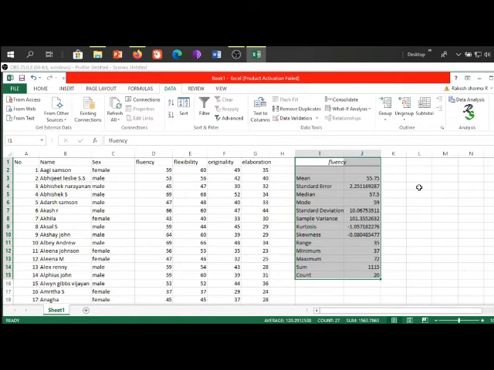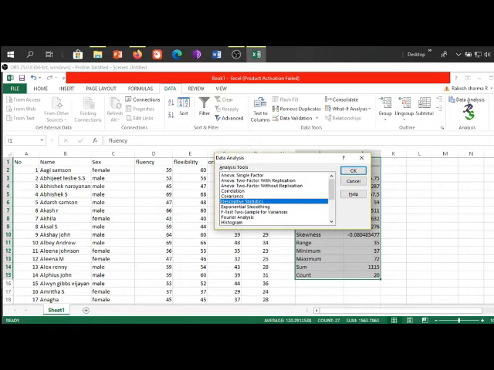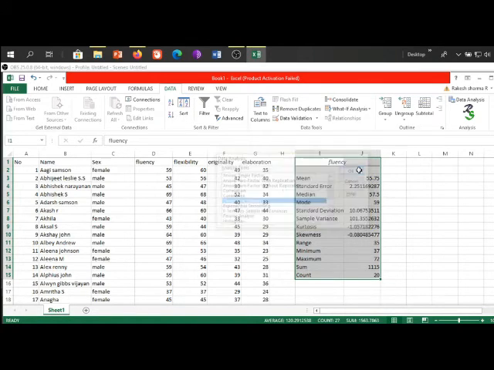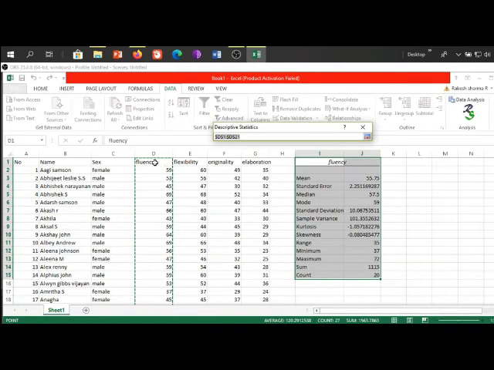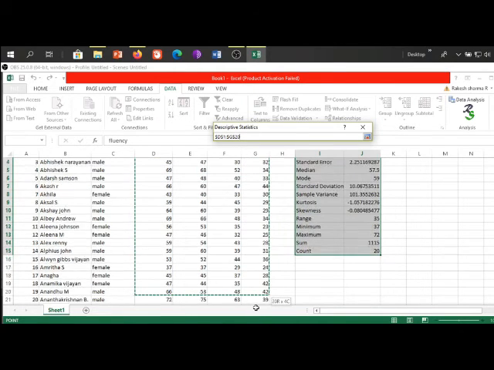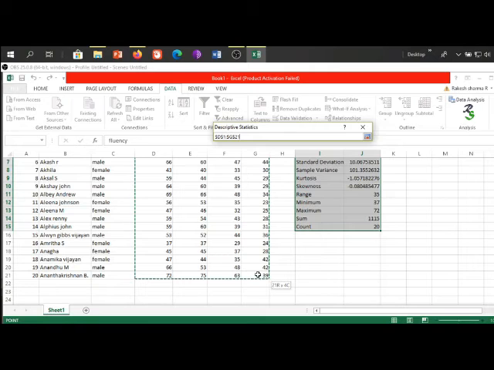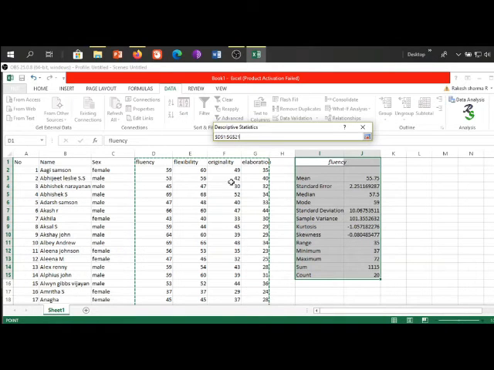So again, Data Analysis, Descriptive Statistics, OK, and the selection default shows the initial option that we have actually selected. I manually change it. I select holistically all the variables with the data set, that is fluency, flexibility, originality and elaboration.